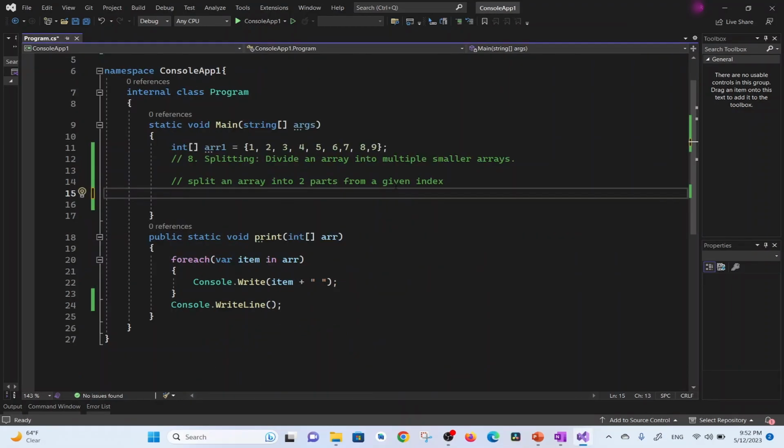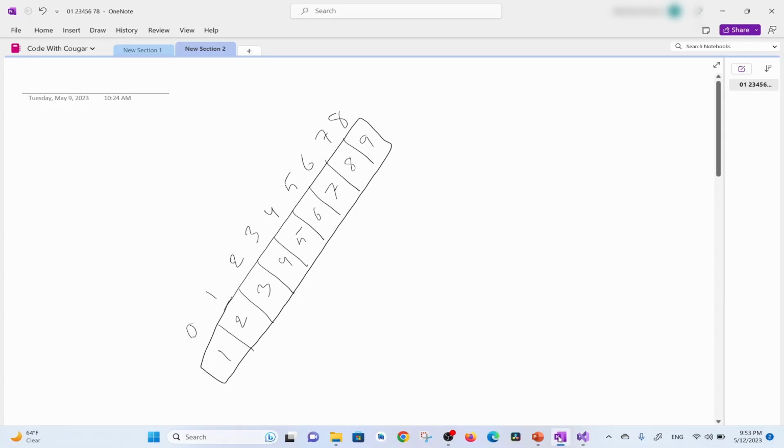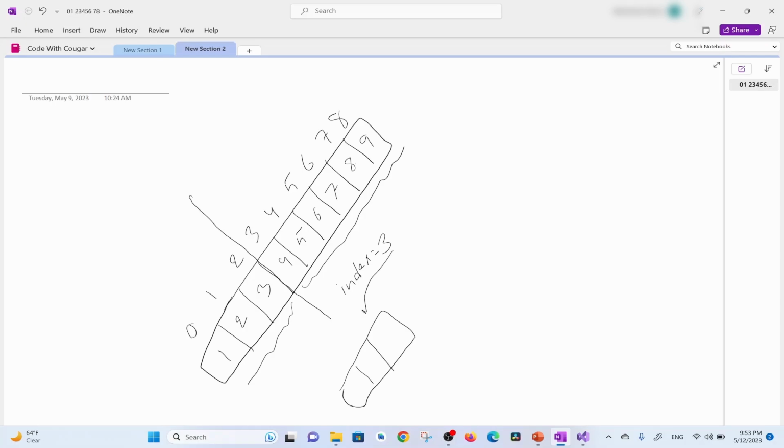Now let's talk about splitting an array into two parts from a given index. Suppose I have this array and I want to split this array from index 3. So I'm going to split this array from this index. So this is going to be one sub array and this is going to be the second sub array. For that, I'm going to create an array of size from 0 to the index value. Suppose I want to say index equal to 3. So my first sub array is going to be of size 3. My second sub array is going to be of